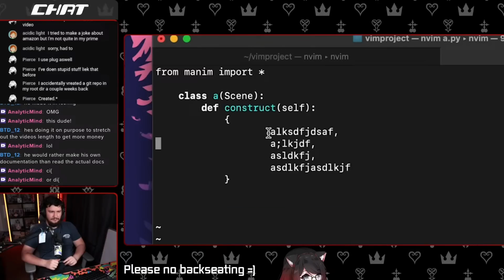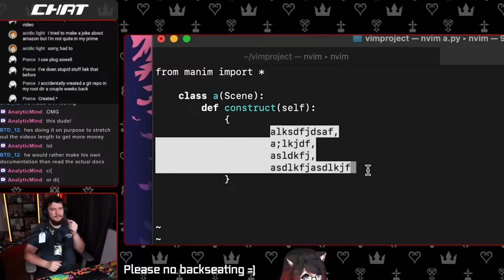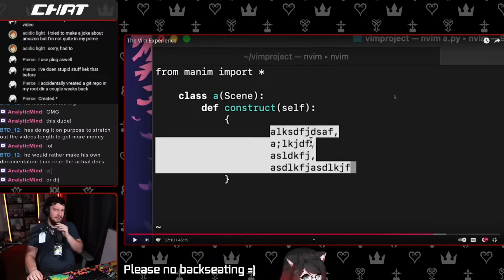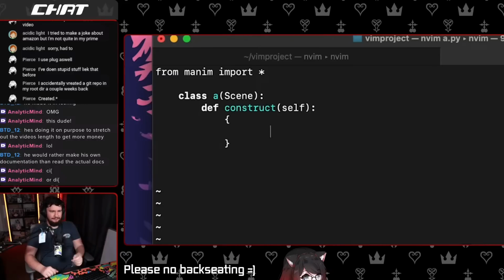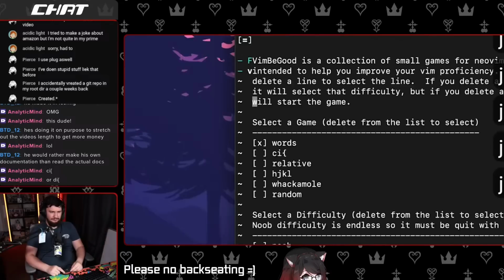Okay, so first I need to get inside the parentheses, then select everything, press C, and it's almost like the section name mentioned what you had to do. Type in bar. Let's do this one more time. So what if I'm at the beginning? What's the fastest way to get to this A here? I need to be on this line, then FA, visual mode, select everything, and C bar. Okay, that's good. And let's play the game.